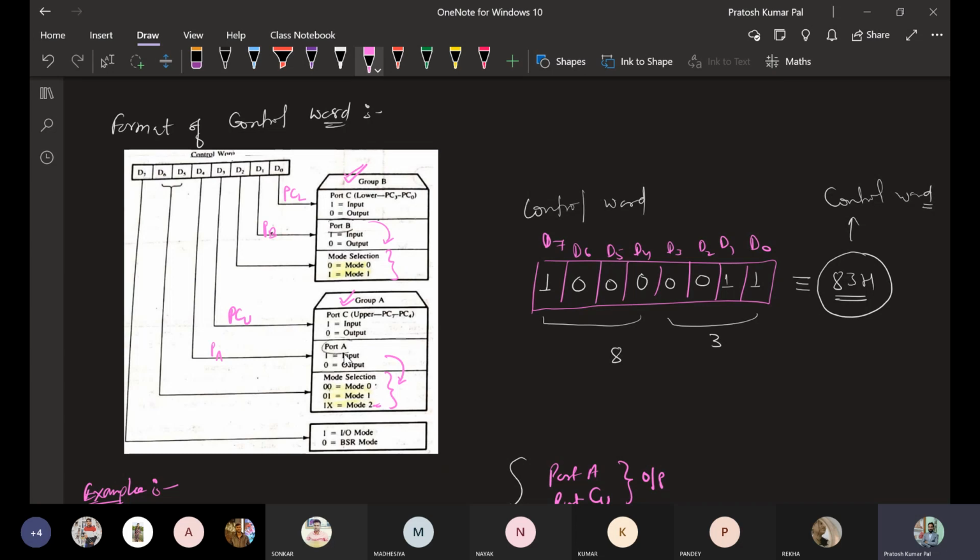So these 2 bits will be working as input and output, but the 6 bits will basically go for the handshake signals. Okay, that we will see later.